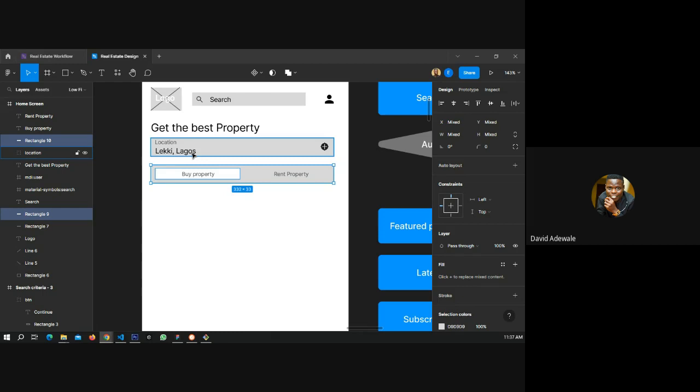Yes. So if we are using that, immediately you put in anything, it will be giving you options. Like when you put Lekki, it's going to show you, is it Lekki Lagos you're referring to? Or do we have any other Lekki in Nigeria? Let me use a popular one in Lagos, Ogun State, and somewhere in Southwest, a very popular place.